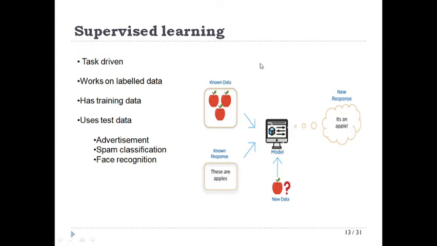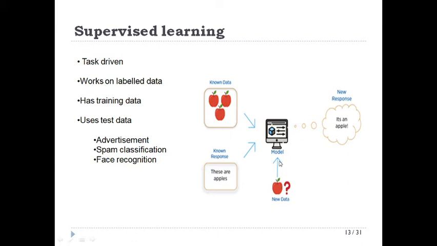So if you look at this diagram, you have a model based on supervised learning. You had a lot of data earlier too, and using that data you have labeled it and found out how you're going to categorize new information. So you had training data. This is your model, and the model had training data. From that training data it has trained itself, right? It knows that these are apples because we specified it. It was known data, and now the model is trained.